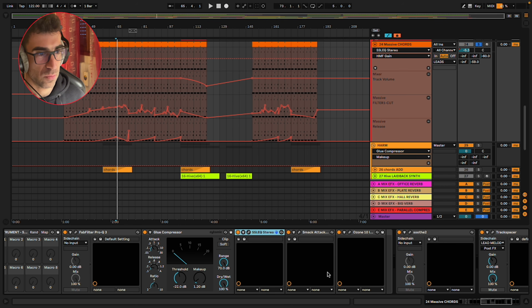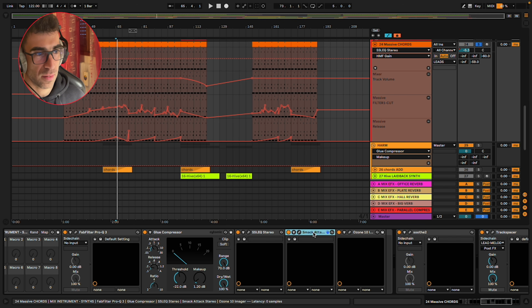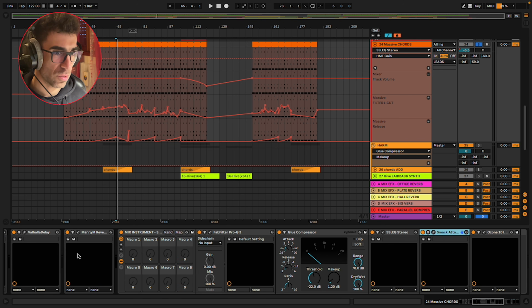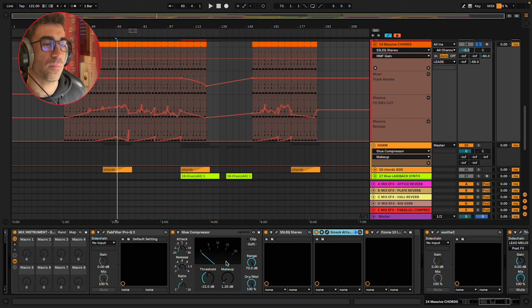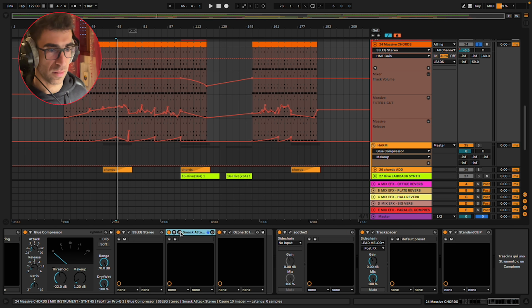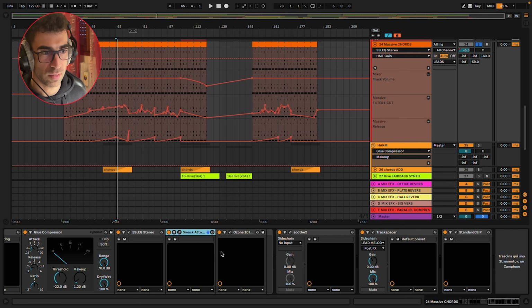SSL EQ stereo once again, Smack Attack to make the sound a bit tighter, removing a bit of sustain. I used this technique because the decay and release envelopes in this Massive sound were linked to the filter, and I didn't want to change the filter feel, so I preferred to use Smack Attack as a transient shaper, basically just removing a bit of sustain without interfering with the filters.